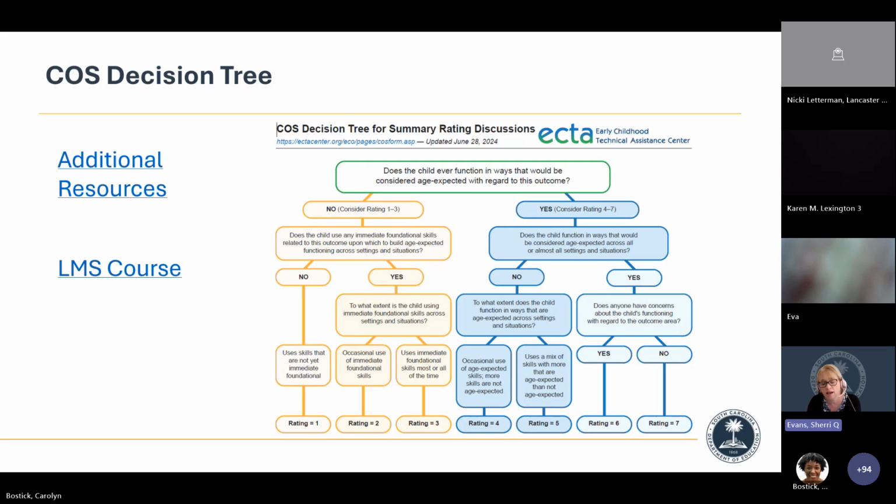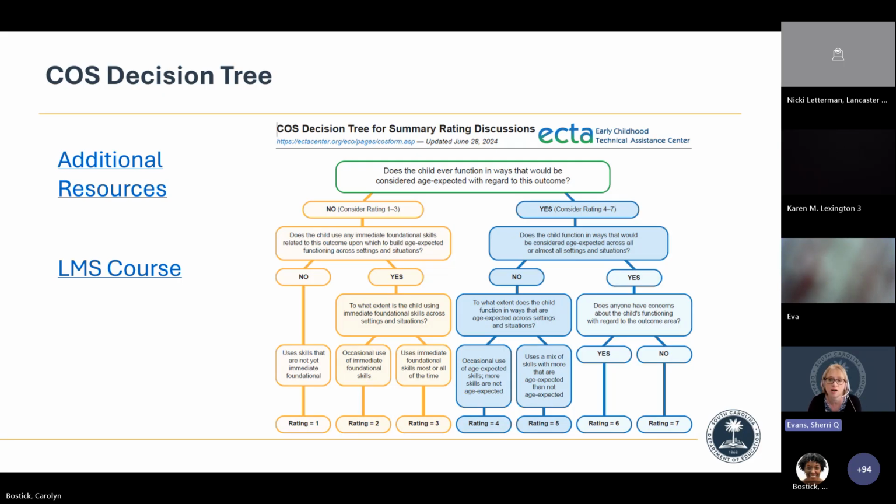That course includes some federal modules as well as statewide modules. We've got some specific information that aligns with EdPlan data entry, and it culminates in a knowledge check. And if your staff passes that knowledge check, you can rest assured that they can complete a COSS with fidelity.